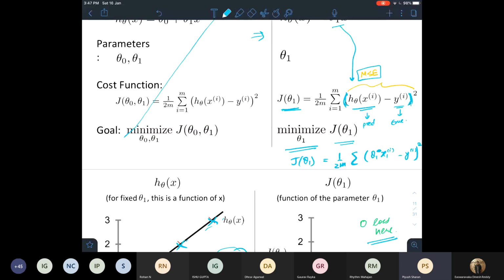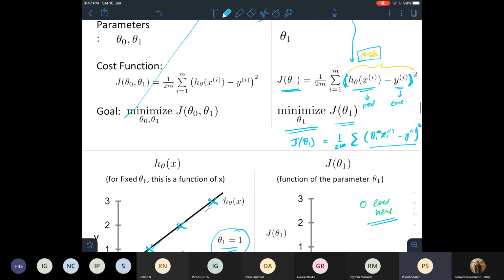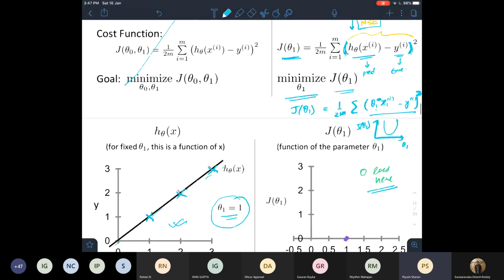So when you expand this and you plot it with J(theta 1) against theta 1 over here, this would be something like a quadratic graph, right? After you open the whole square, you can get some sort of intuition that this curve has exactly one minima, right? So for exactly one value of theta 1, you would have the best possible fitting line.